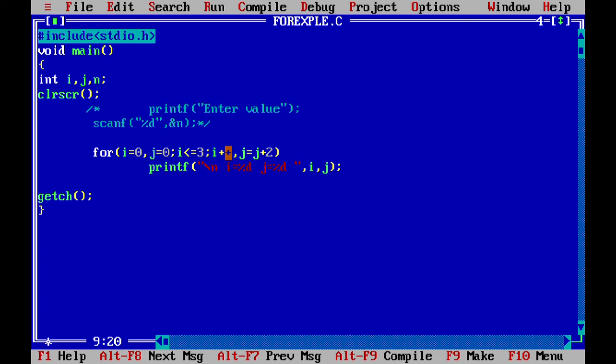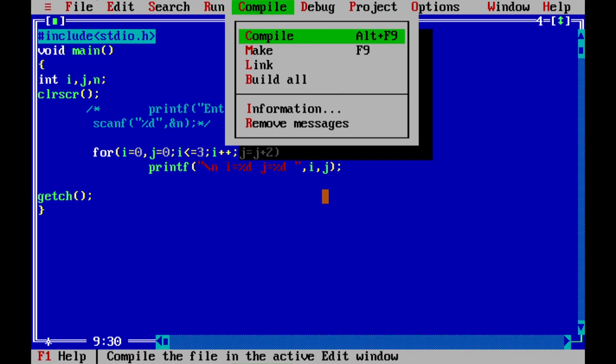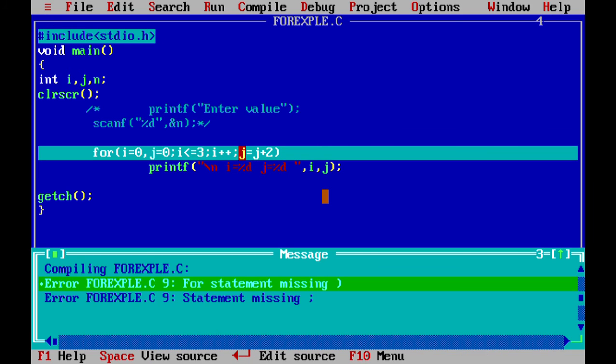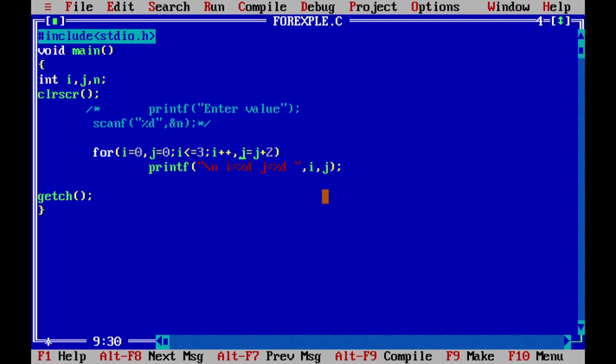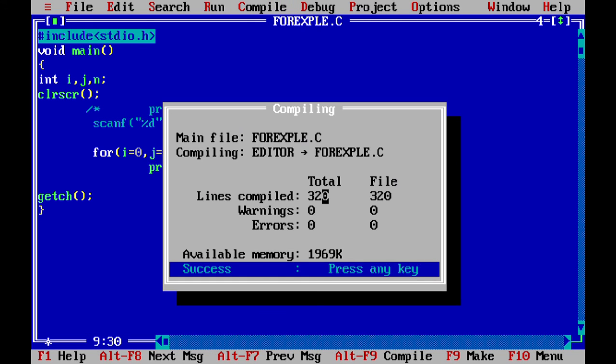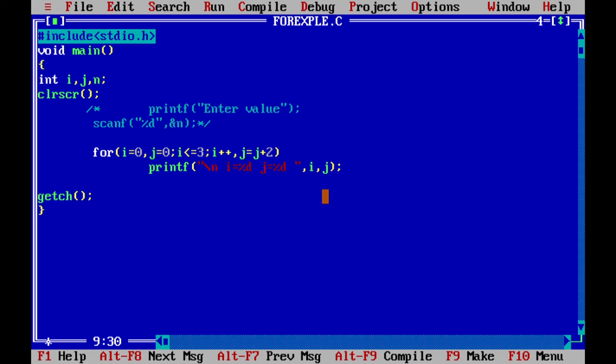Suppose you want to increment or decrement more than one variable, separate them with a comma. Suppose I put the semicolon here instead of a comma, it will show you an error. Now you can see there is one error for a statement missing. I will just put the comma and you can see there is no error and no warnings.